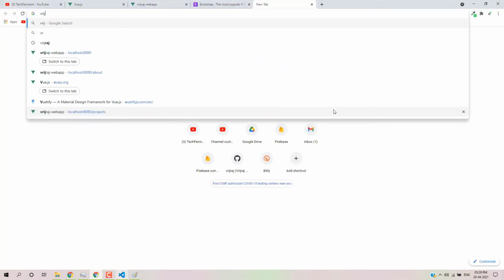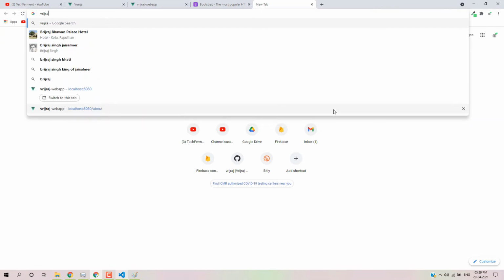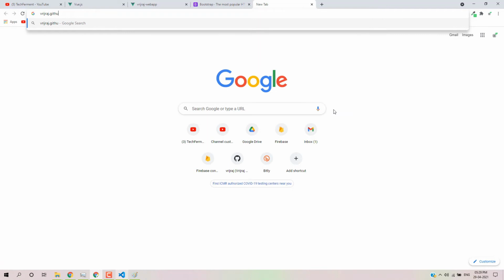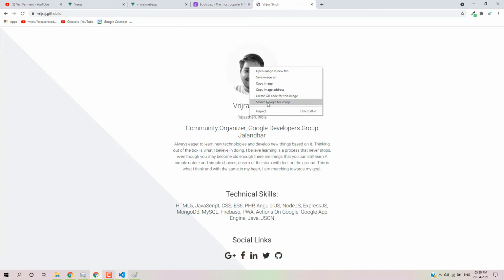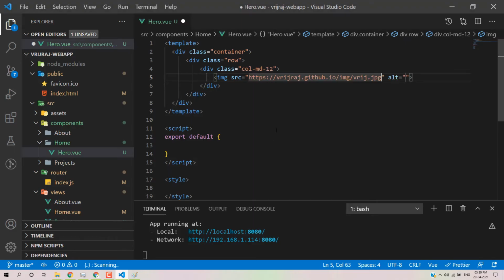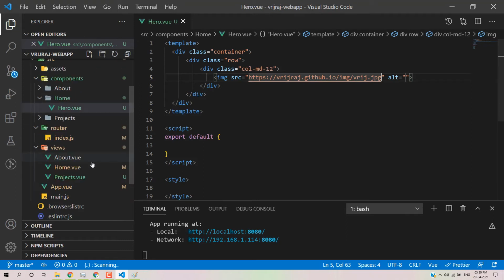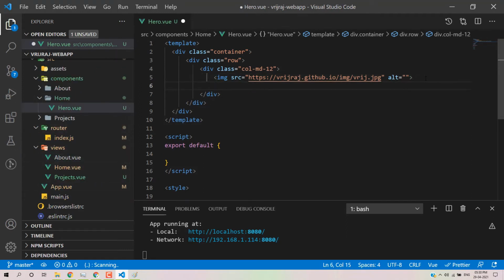So I'll open, just for testing or reference, I created a portfolio, github.io. So this is a path. So I'll just copy this image and I will paste it here, and I will link this component, or here what I'll do, just here we write image source. Okay, I'll save